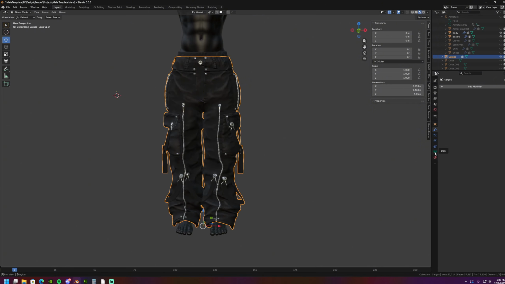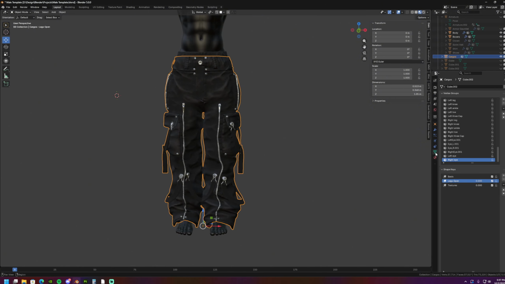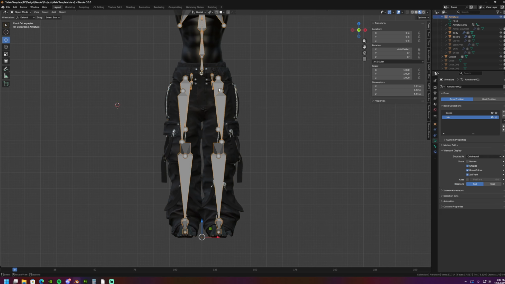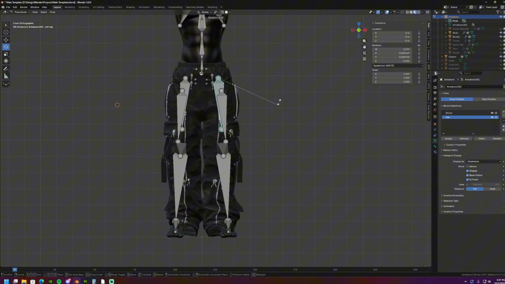And right now we have vertex groups. If you go to the data tab, you can see that we now have weight data. So the pants are rigged. Not really, but if we go to,